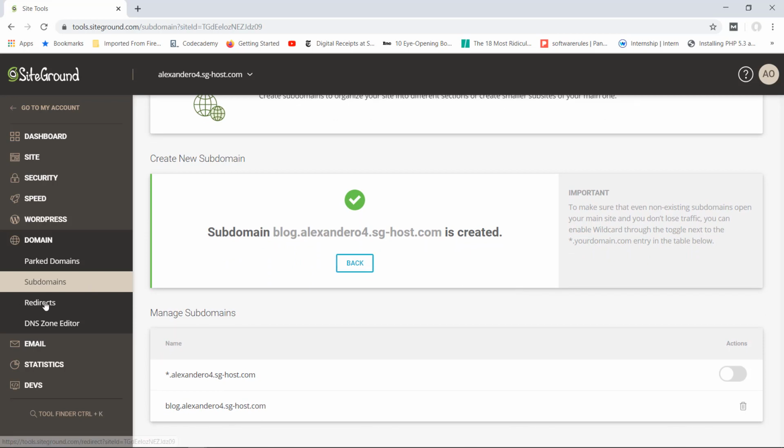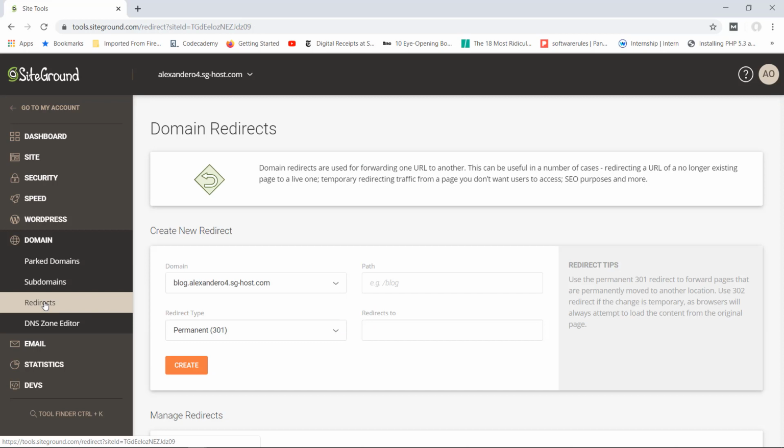Now in here, you also have the ability to add redirects. In here, you'll have your main domain, which in this case right now, I'm going to go with the alexander4.sghost.com. You can add the path and then simply redirect them. You have different types. You've got the permanent redirect or a temporary redirect. It all depends on which you want to go to. You can go with temporary or permanent and then add in here the URL where you'd like to redirect them